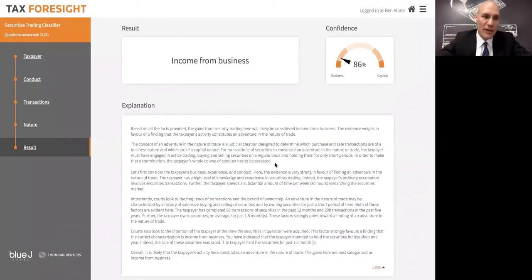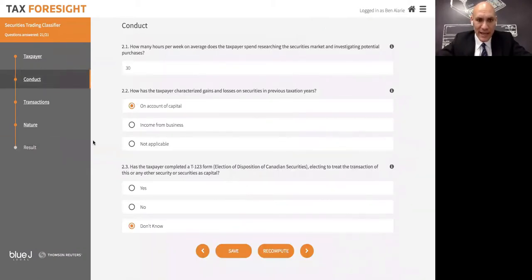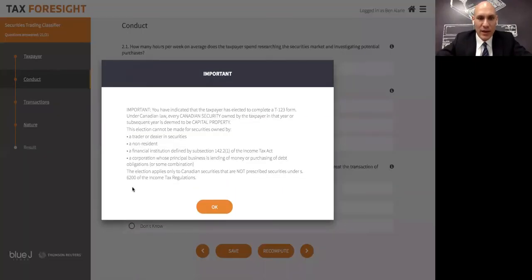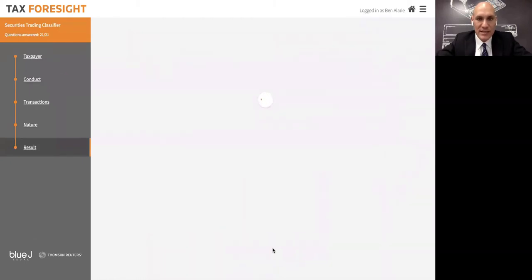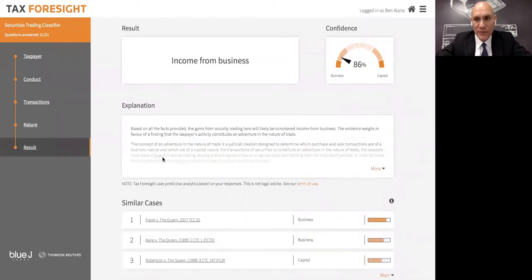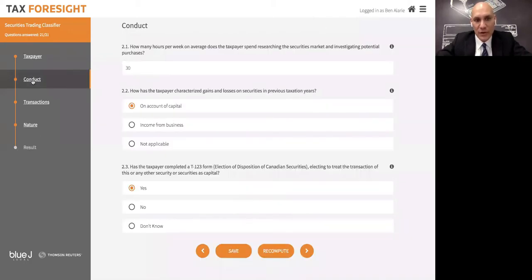One of the really powerful things is we can go back and change some of these answers, right? So let's go back and say, yes, the taxpayer did elect in one of these things. This is not only obviously going to affect the Canadian securities, it wouldn't affect any of the US issuers that the taxpayer's trading in, because those aren't Canadian securities. We could change that to yes and see how it influences the answer. Not very much at all, because those elections are only effective if they do actually qualify.